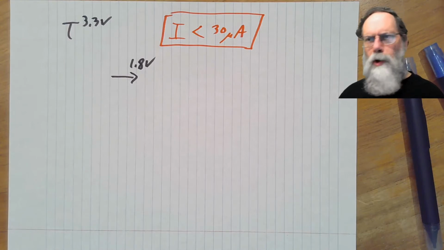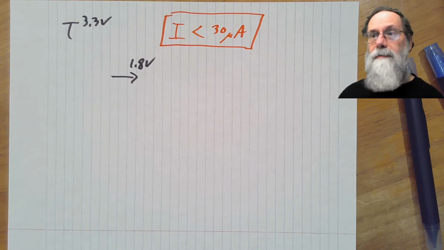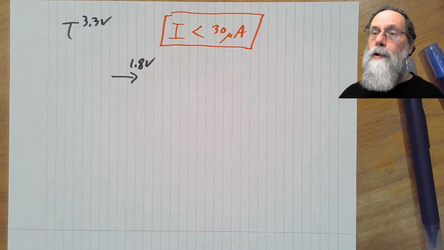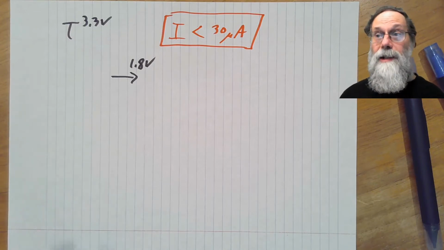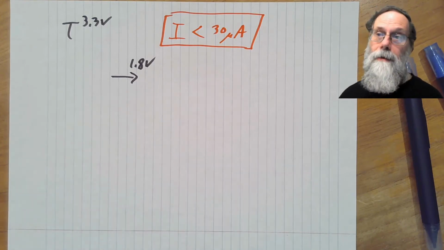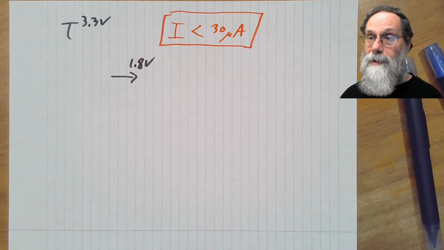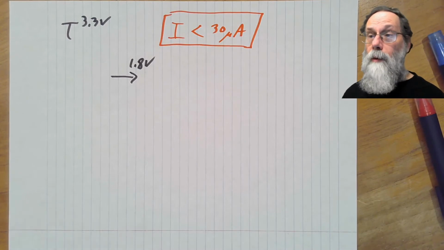Nearly always if somebody says no more than 30 microamps, you're going to be much safer. You say, oh, well, I'll only use maybe 10 or 15 microamps and not get anywhere close to the constraint. So usually constraints are, this is the edge of danger. You don't want to go that far. And so you never want to design to try and get right to that edge, because then you've got a very fragile design. So constraints should always be taken as, okay, stay away from the constraint. Don't try and solve it to equal the constraint. You want it to be much less than, or at least somewhat less than if the constraint is too difficult to meet.